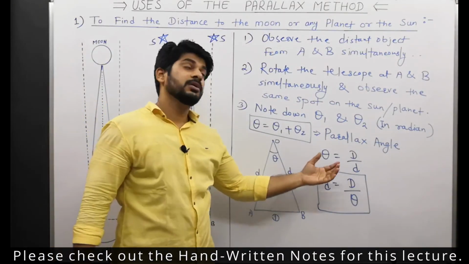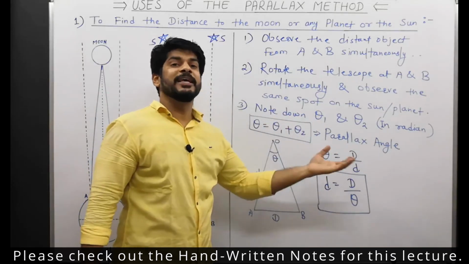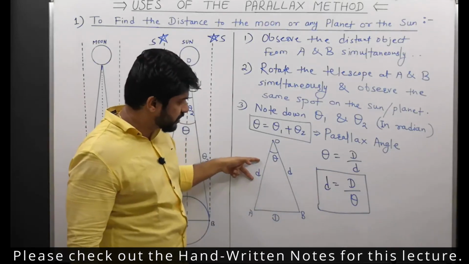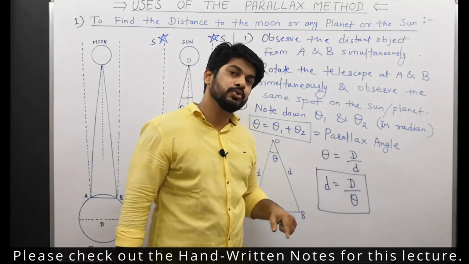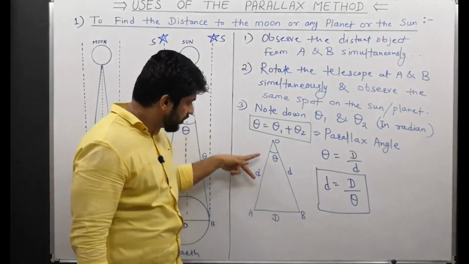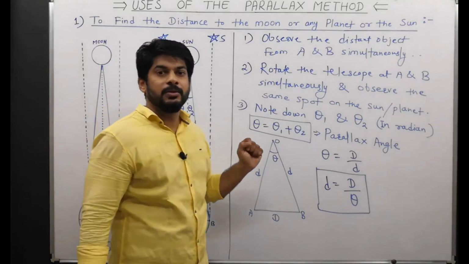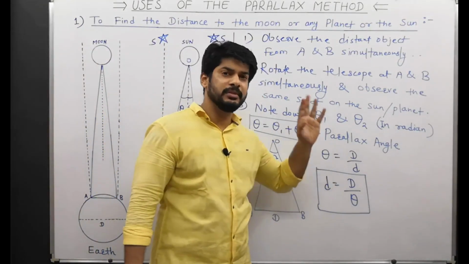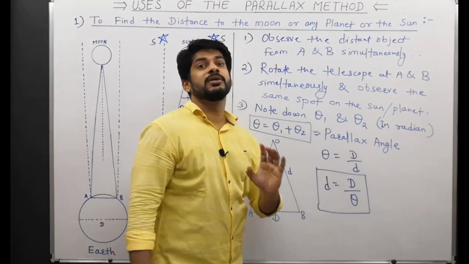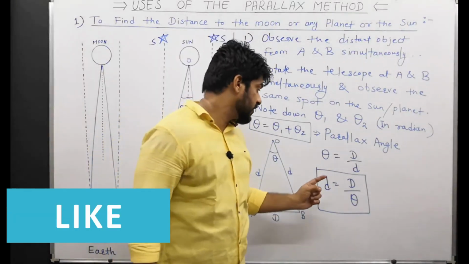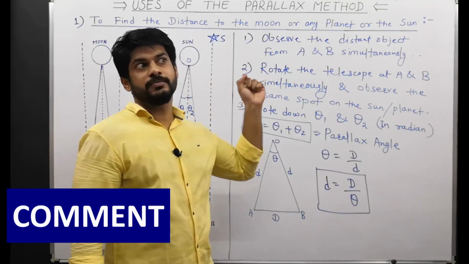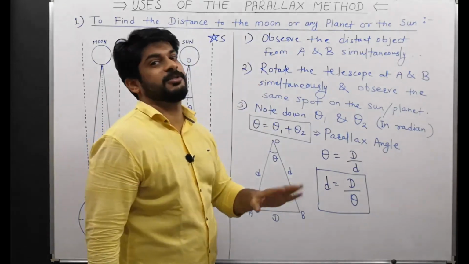Now we use the formula for plane angle according to our definition. Theta is equal to the opposite upon the adjacent. Again, as I told you, this equation works only if this is very small in comparison to this distance. Otherwise it won't work. There are some reasons for that. So in this way we got what we wanted. We got the distance from the sun or moon or any planet to the earth.